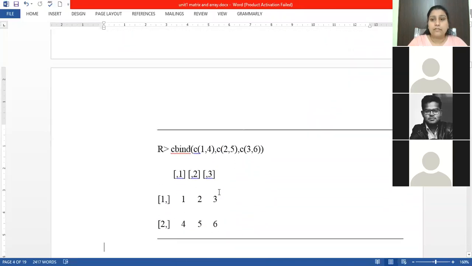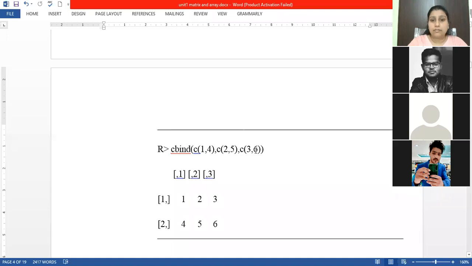Now, if you have different columns and you want to combine these columns together, then we have to use cbind. If you look at this example, what happened? We use the syntax cbind, and after that there are three vectors, c(1, 4), c(2, 5), c(3, 6). These are the three columns given. If we combine these columns by using cbind, it will give me a matrix in column manner.